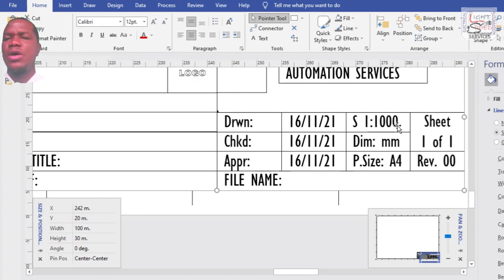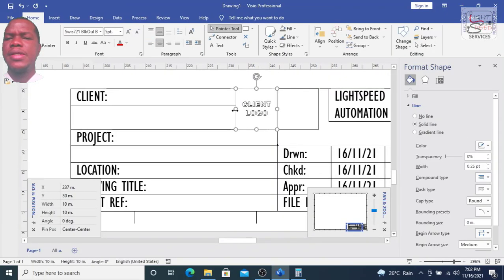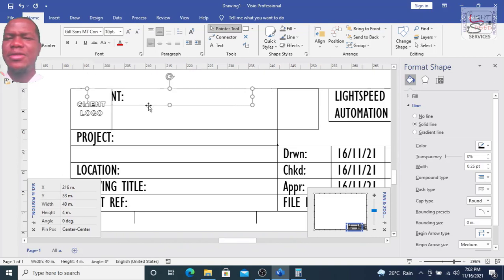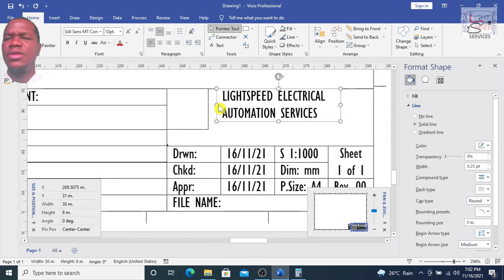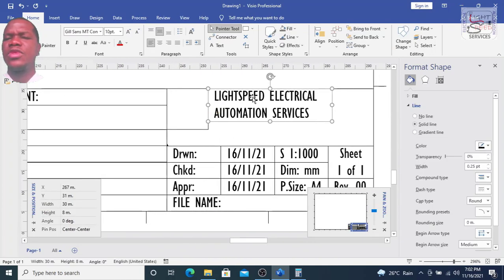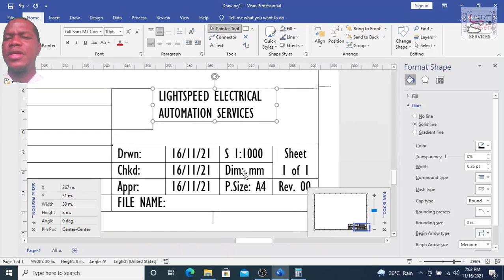Okay. How are we going to position this now? Let's see. Let's move this client logo to the left. The two logos might not look good being so close to one another, so I think it's better to put the client logo to the left of the client name, then the company logo to the left of the company name. Yeah, I think this is better.